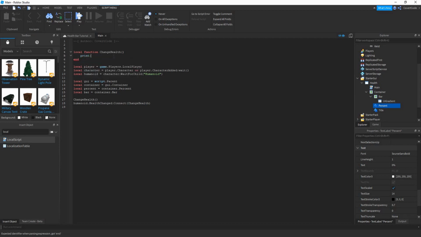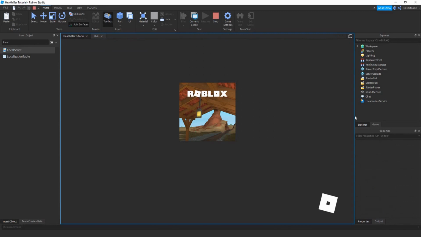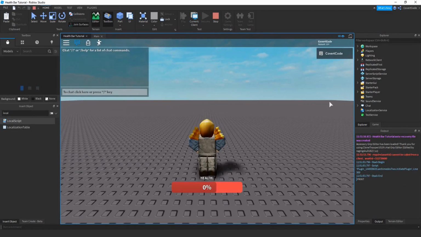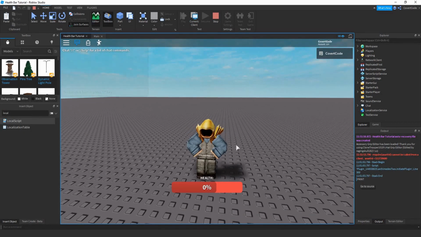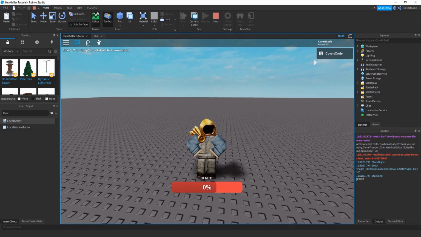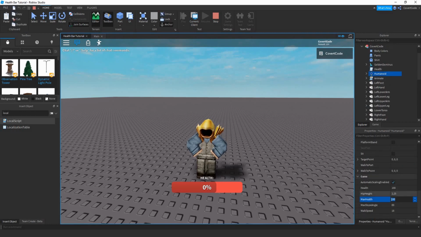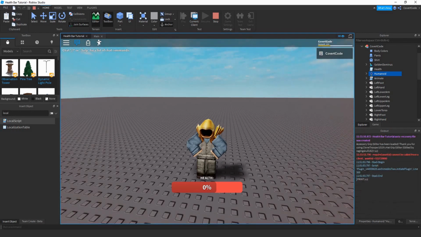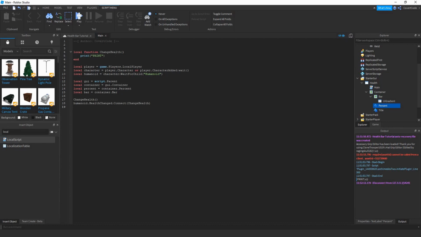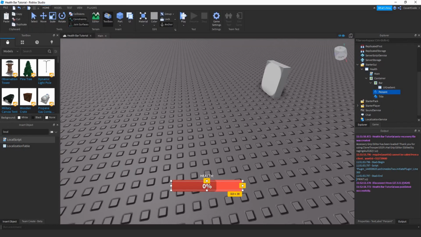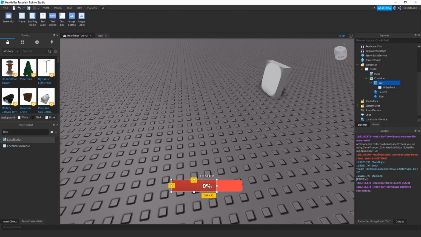Okay, so like we're gonna print. Okay, whenever the health changes. So obviously, as soon as you load in, your health is gonna change. It's gonna make sure you actually spawn in with full health. But now, say I take a bit of damage. Okay, like 35. It's gonna print again because my health changed. Okay, so every time my health changes, we want to change the percent text here and this there, the bar